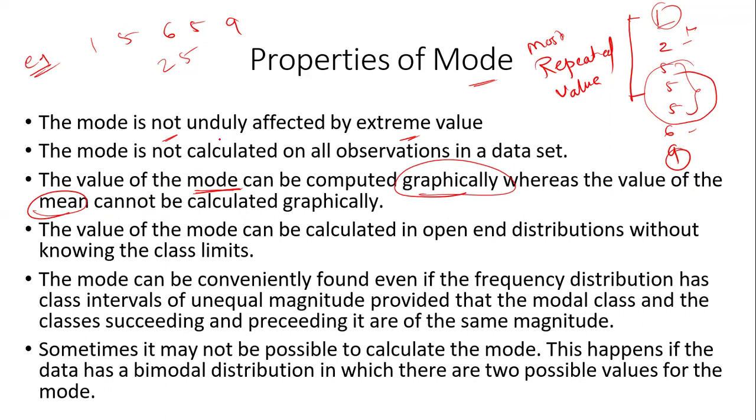So how do you see this graphically? It is the most repetitive value. In a graph, if 5 is repeating, 1, 2, 3, 4, 5 times, it shows up like this. So this is the most repetitive value. Now you can see that the mode can be computed graphically, whereas the value of the mean cannot be calculated